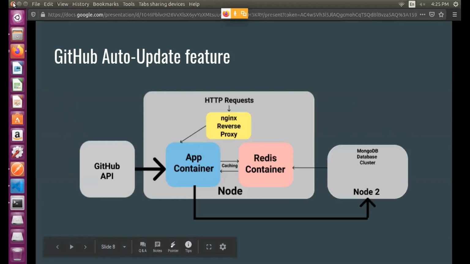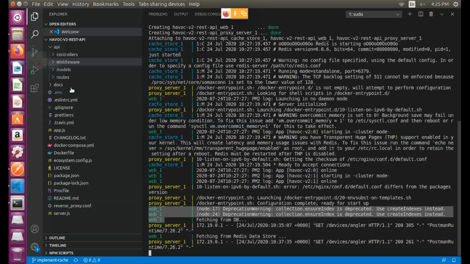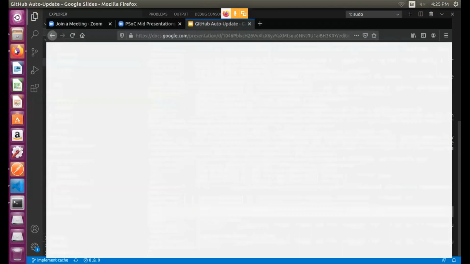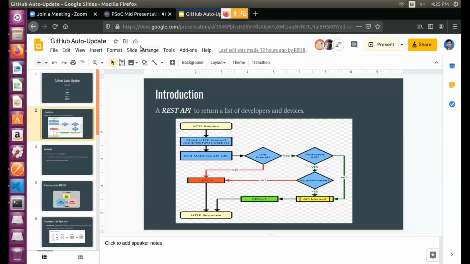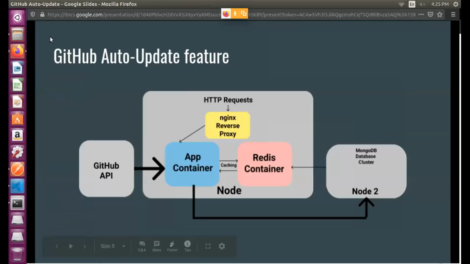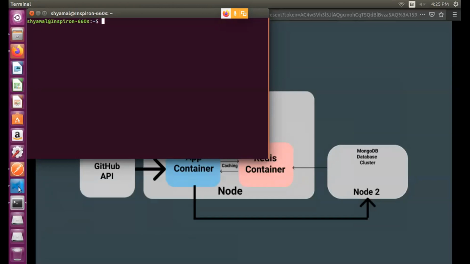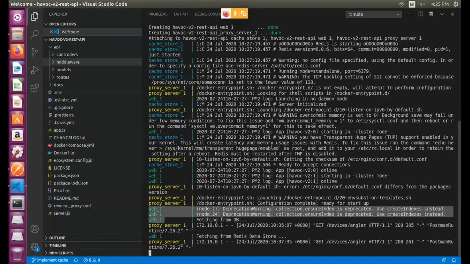This is the web app, the proxy server is this one, and this is the Redis container.